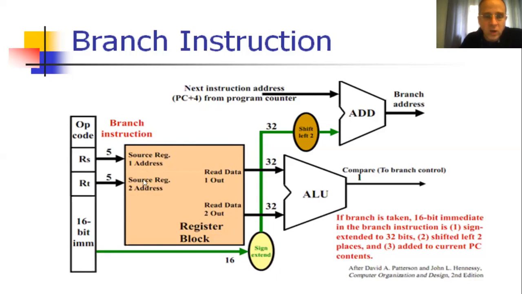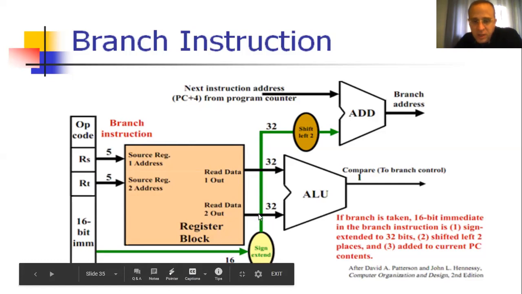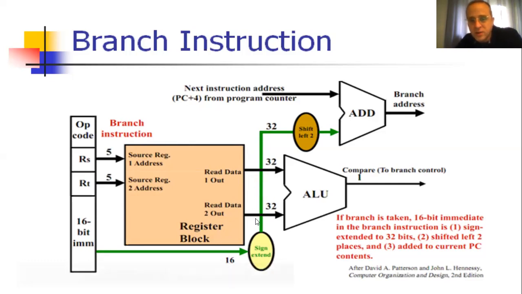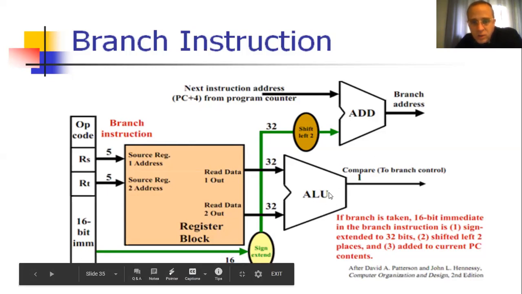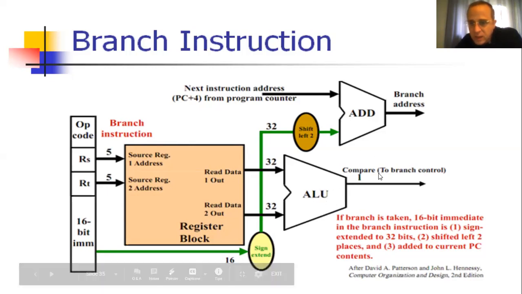Then we are going to read out the contents of those two registers, because those are the two registers, remember, that we want to compare to see if they're equal or not. So we're getting out here some 32-bit value, let's say 1,000,000. And over here we're getting out 1,000,001, for all we know, or 2,000,000, some other value. That number goes into the ALU,